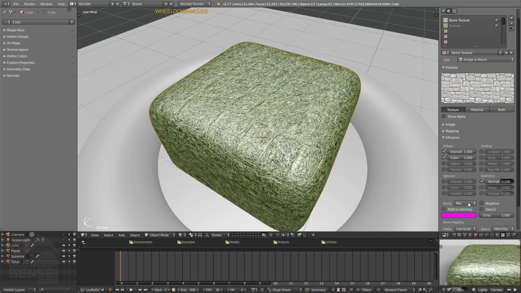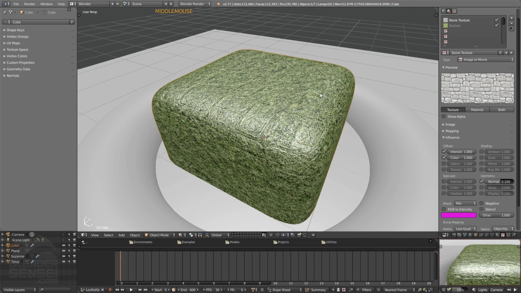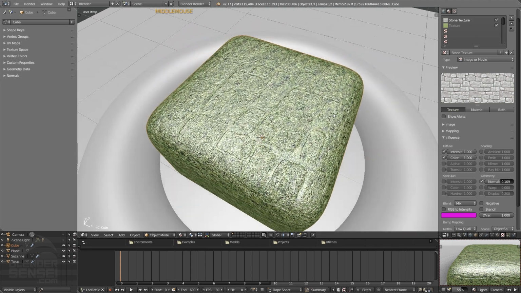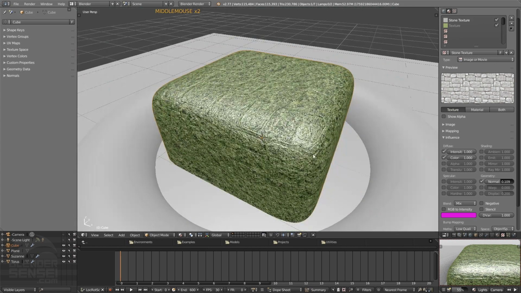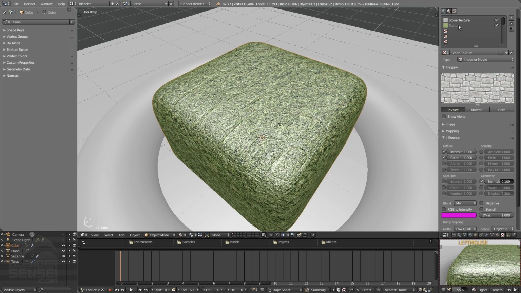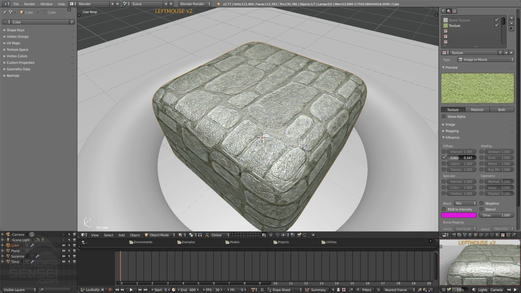If these blend values are just set to the default of mix, we'll only ever be able to see one of the color values of these textures at a time. Now you can actually see the bump mapping effect of this stone texture carry over even as we see the grass of the new texture we added, which is cool. But if you wanted to see the colors of these mix, you'll have to bring down the color value,